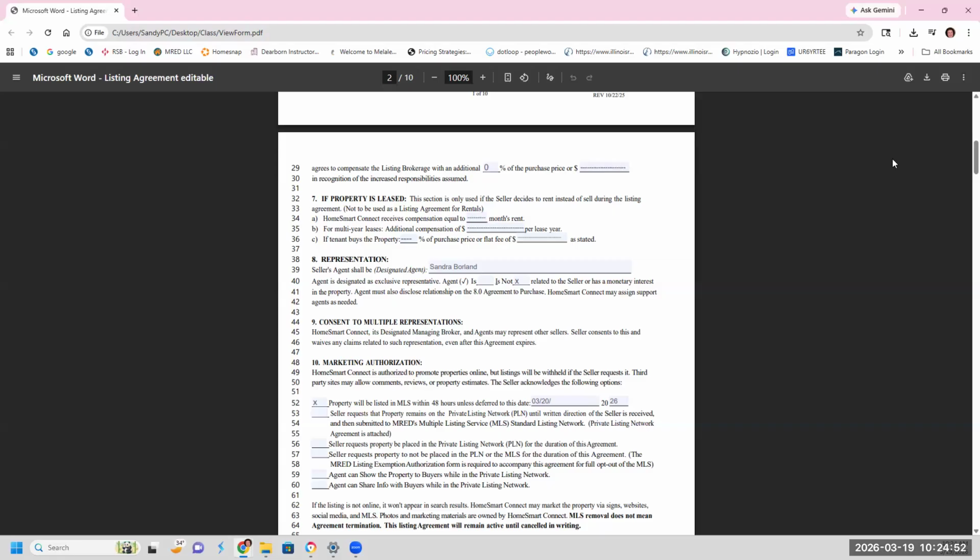Down to paragraph 9, consent to multiple representations. There are occasions where I have been informed by a seller that they thought I was only working with them and I could devote 24 hours a day to their needs.